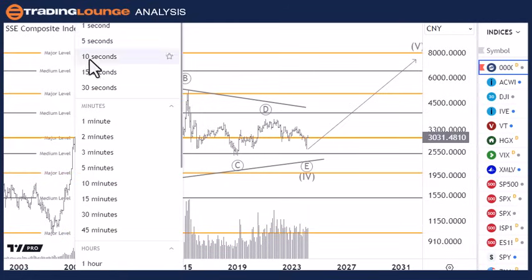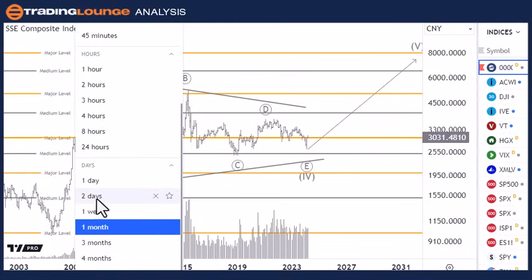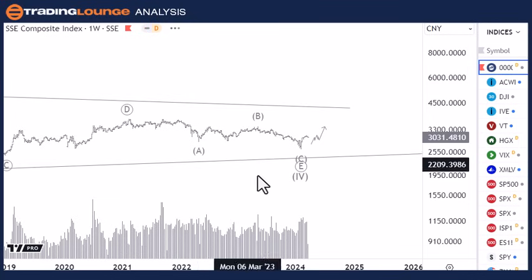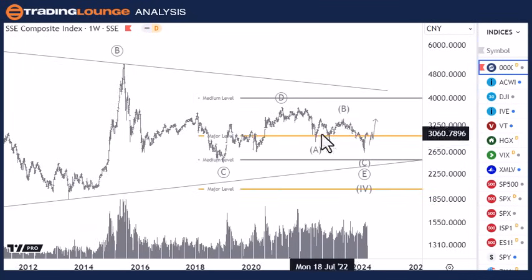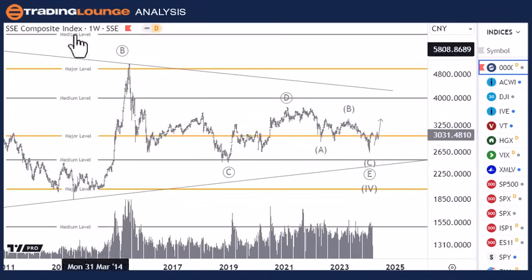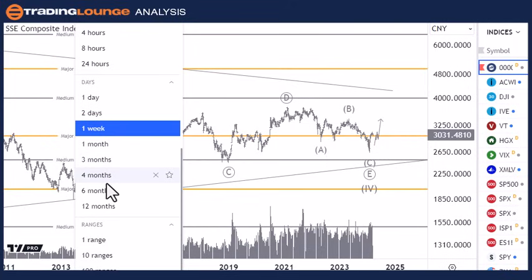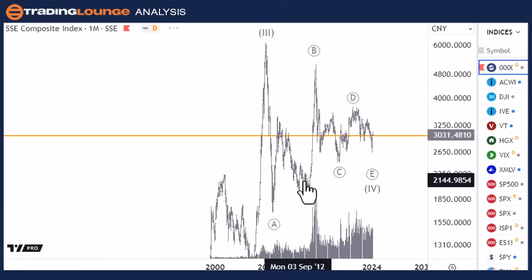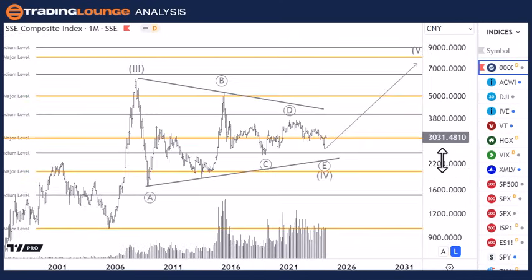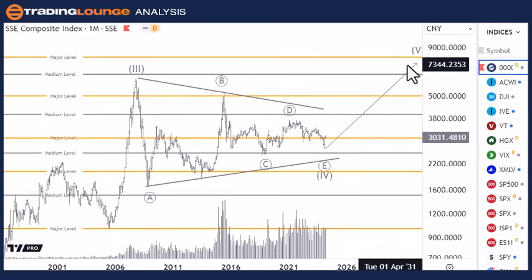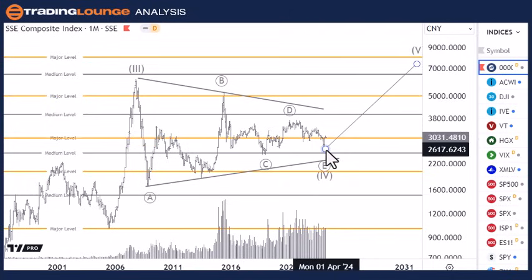So from the monthly chart into, say, a weekly chart, to look at this last low section in here is the A, the B and the C wave, calling the low in here, and then going into the daily chart. So what I'm saying here is we'll get a lift off from here, because if this is correct, then we'll take out that top there as an A, B, C, D, E and wave 4. So I feel that, no matter what the sentiment is in China at the moment, there's going to be a change,